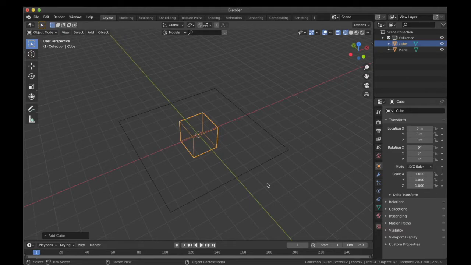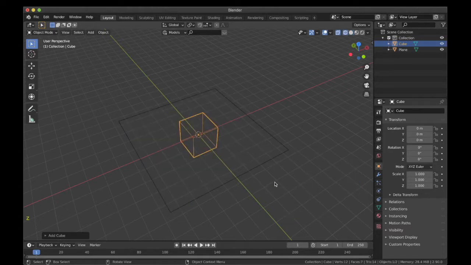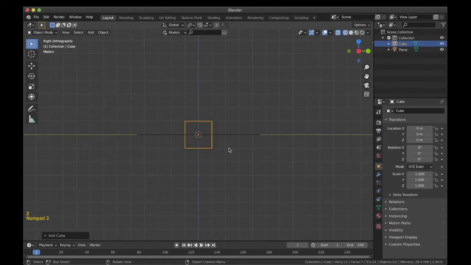the solid mass. Now if I again go to the solid view, you can see it's solid right now. Going back to the wireframe mode means that now you can basically see through it. So in wireframe mode, you can see that this line is a plane and this square is actually the cube, which is intersecting through the plane.